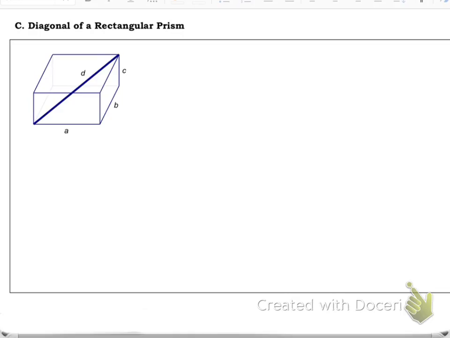Alright, the first thing I'm going to talk about is a diagonal of a rectangular prism. We're not doing an example, and the book has pictures of it. I just want to show you where those pictures came from so you understand it. If I'm given a diagonal from here to up there, I'm actually creating 3 different triangles, because what you're going to do, if it doesn't do it for you, is put a dashed line